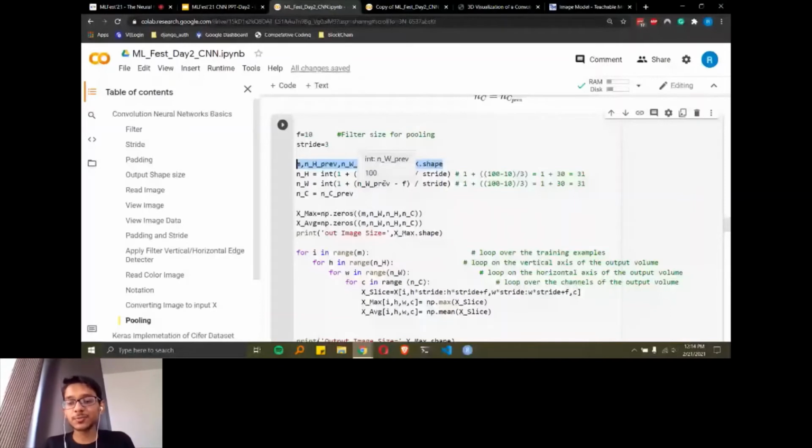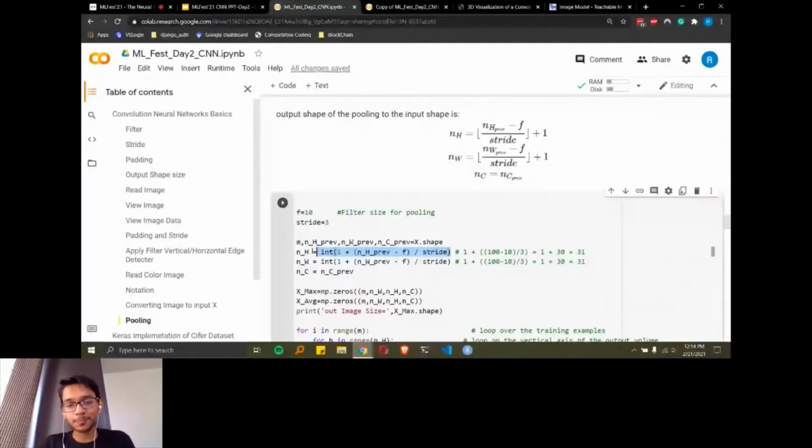These are the same formulas or equations we have applied. So what will this look like? 1 plus 100, where 100 is n_H_prev, the height of the input image, minus 10. Why 10? Because the filter size is 10. So 100 minus 10 divided by 3, which results in 30, plus 1.